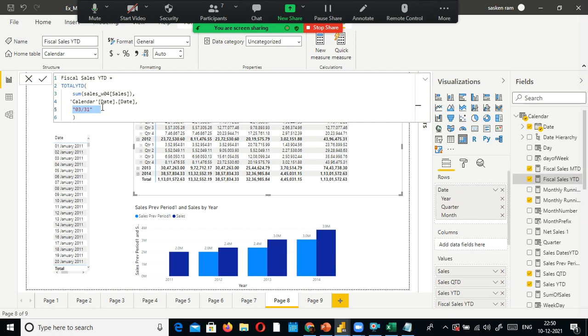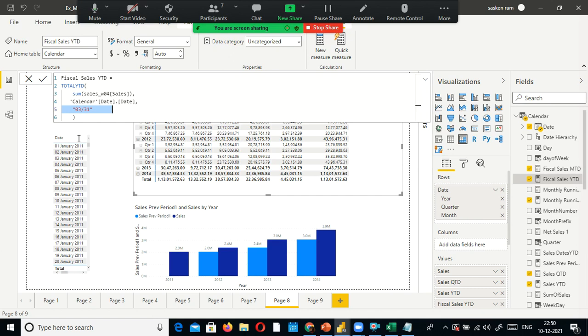If you want to find out the fiscal sales, you need to specify the end of the fiscal year, 331. March 31 is when my fiscal year, financial year, ends, right? On 1st April the financial year starts, and March 31 it ends.